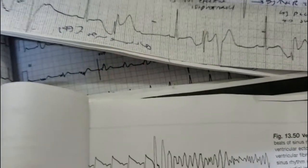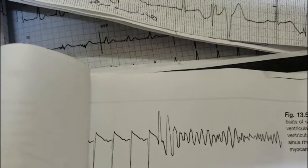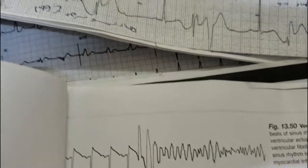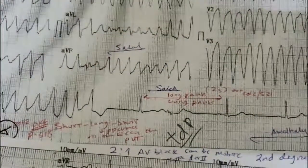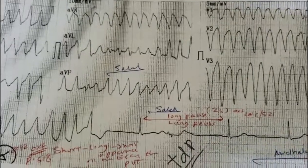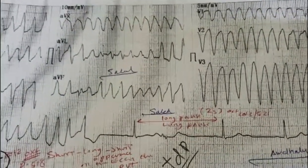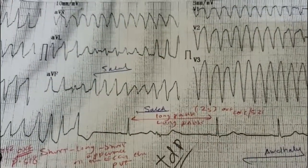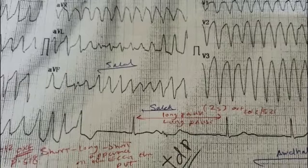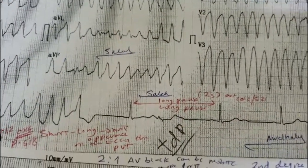The most important thing in polymorphic ventricular tachycardia is to make the diagnosis, because the treatment differs. In Torsades de Pointes, give electrolyte replacement and stop any offending drugs that potentiate this type of polymorphic ventricular tachycardia. And in case of ventricular fibrillation, the electrical shock must be given